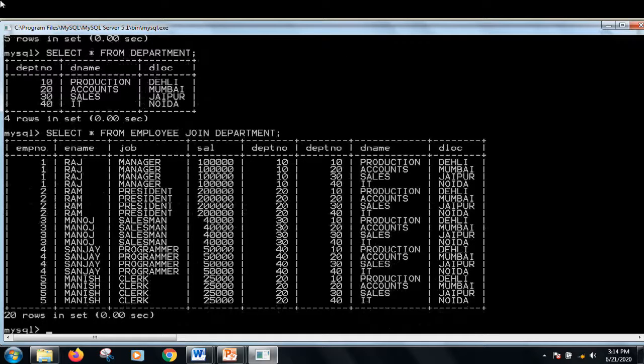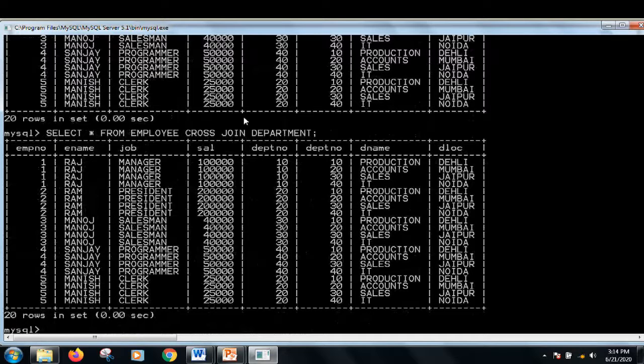So the join word is used in between the 2 table names, and then it gives me the Cartesian product. I can also use the words cross join for doing the Cartesian product here, and I will get the same result. So this is how the join clause is used.